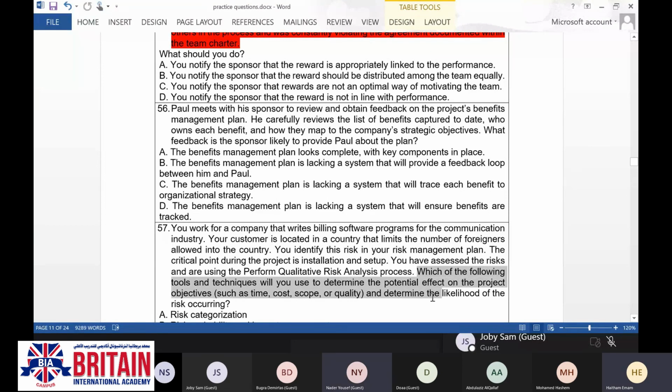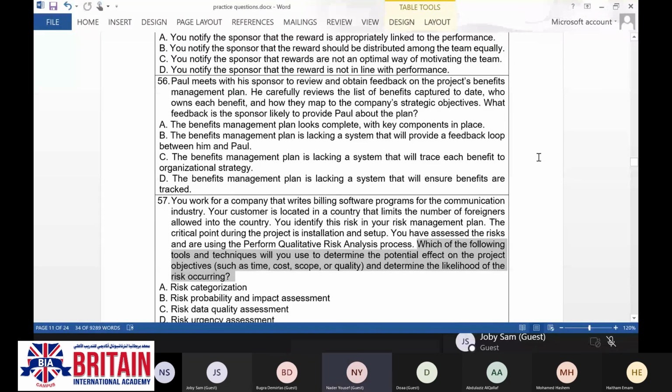Okay, we'll start reading from this part. Which of the following tools and techniques will you use to determine the potential effect on the project objectives, such as time, cost, scope, or quality, and determine the likelihood of the risk occurring?